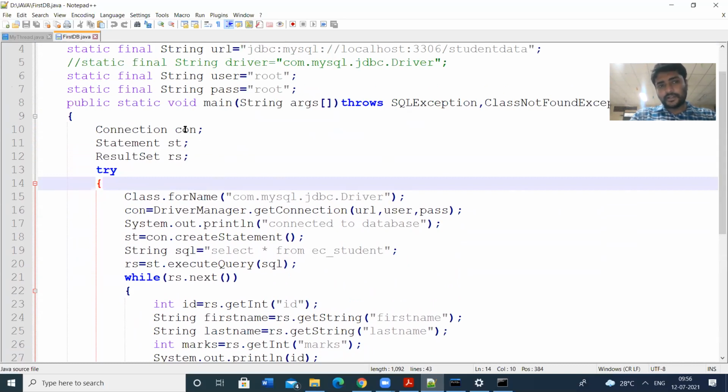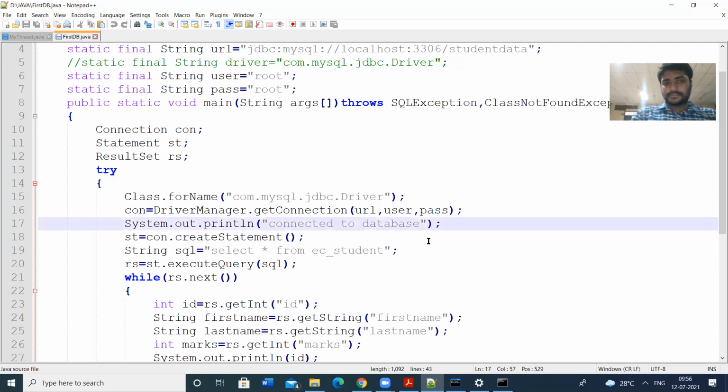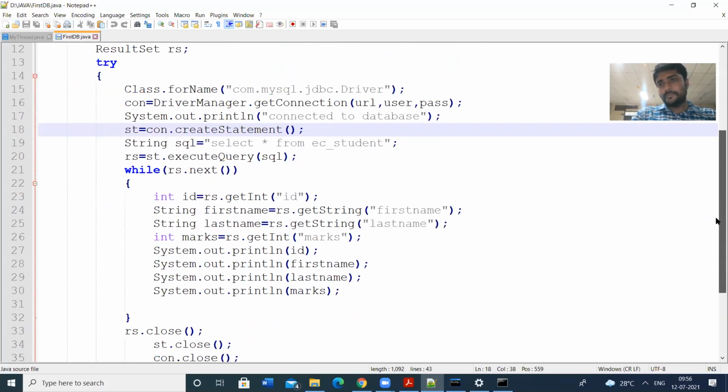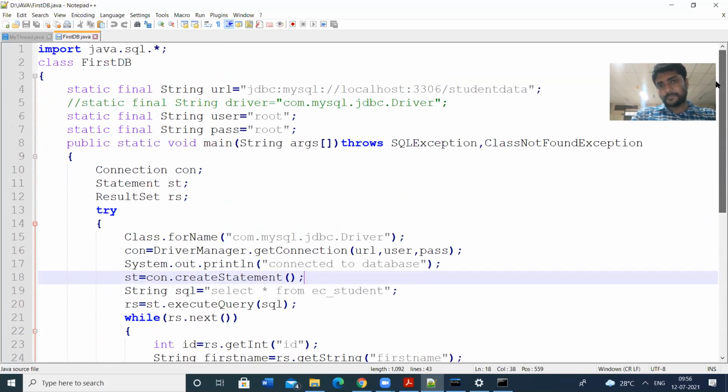By using these three only, the entire program will execute. We need a connection object, a statement object, and a result set. In the result set, we retrieve whatever necessary things we need. So this is the base program for database connections.